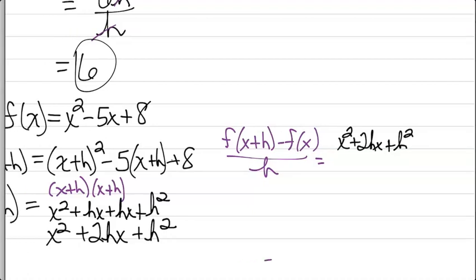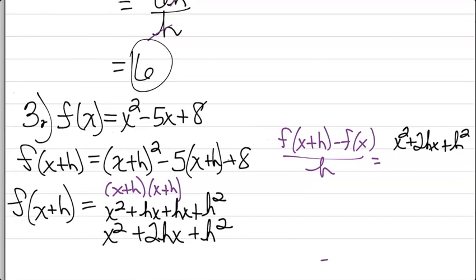Let's go back to that f of x plus h. I only calculated the x plus h whole thing squared. I didn't finish it out. I need the rest. So I need to take that negative 5 and distribute it to get a negative 5x minus 5h,